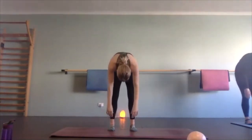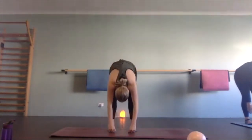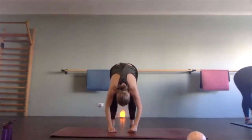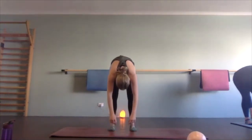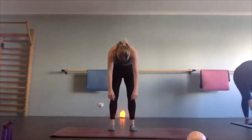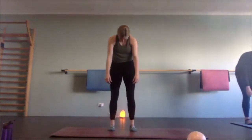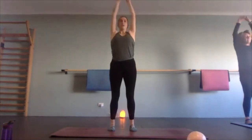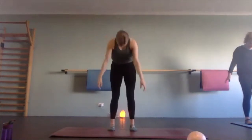Press through your outer edges of the feet, slightly doming through the foot. Take a breath in, down at the bottom. Pull belly button to spine and rolling on up, stacking bone on bone. We'll take it for one more. Arms float up overhead. And exhale. When you come down to the bottom,